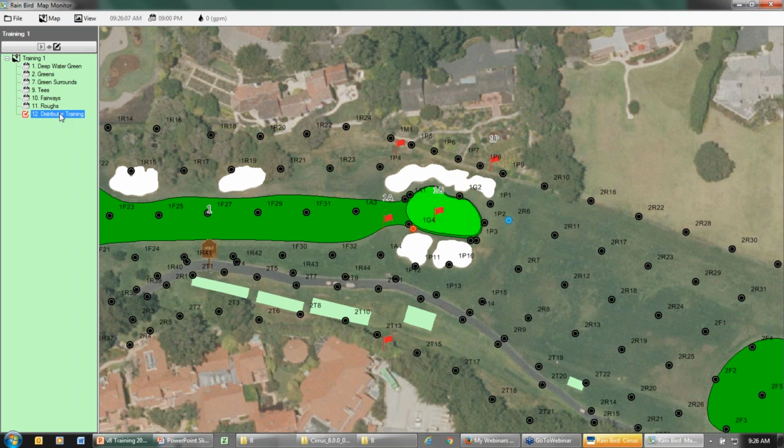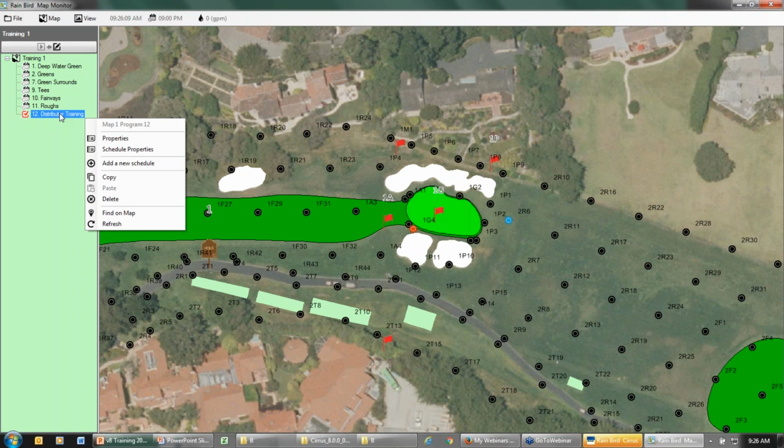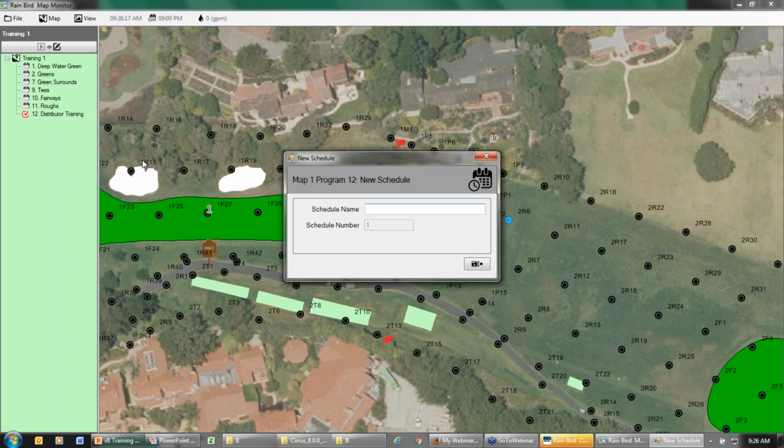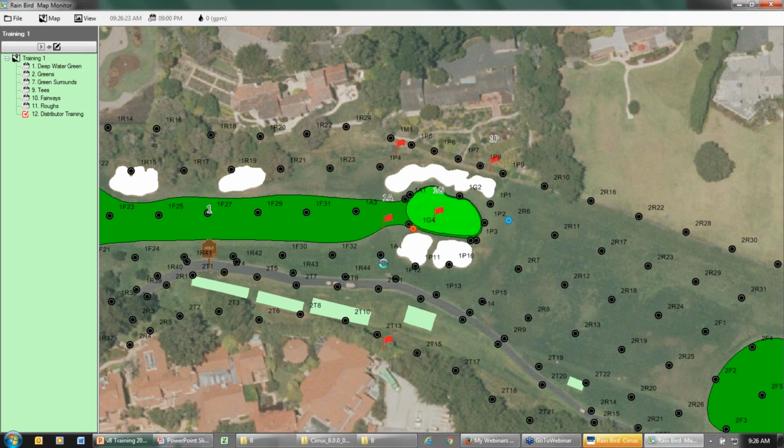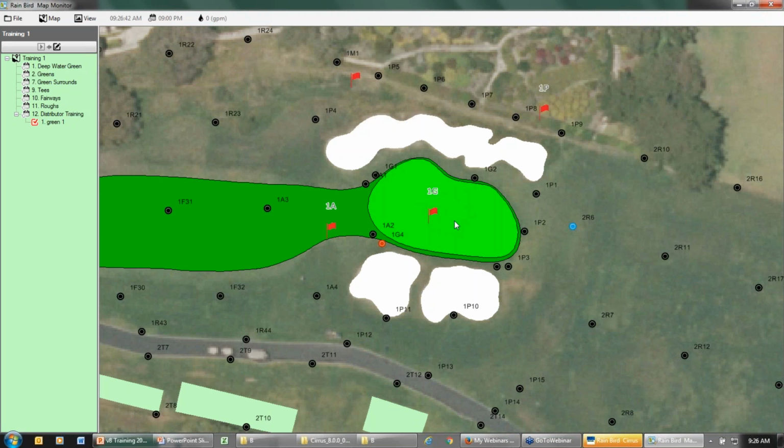Next, I'm going to add a schedule by right mouse clicking on the program and selecting add a new schedule. And I'm going to call this Green 1. And I will save that new schedule. And now you'll see Green 1 as a schedule under the distributor training program. I will select Green 1 and make it active in the view tree. I will zoom in on this